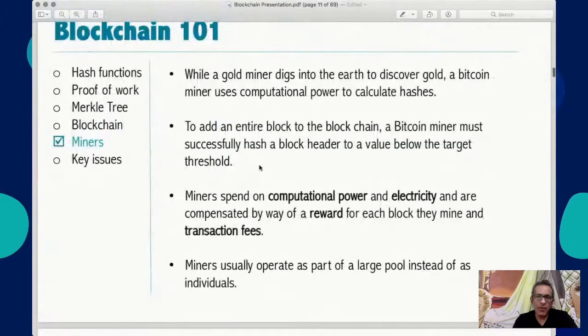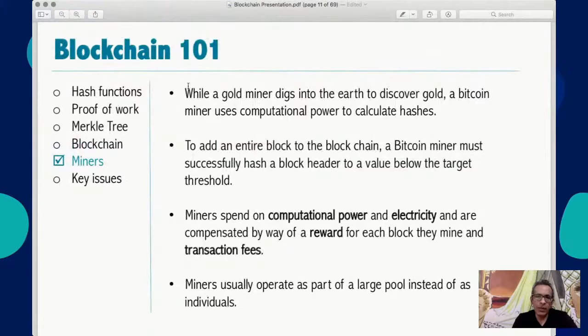Okay. Now, why do we use this word miner? A lot of people get confused that it is like gold mining. When a miner digs into the ground and discovers gold, he is doing mining physically and thereby getting some kind of gold out of it. But when we talk about Bitcoin mining, he is calculating hashes by expending computational power and electricity.